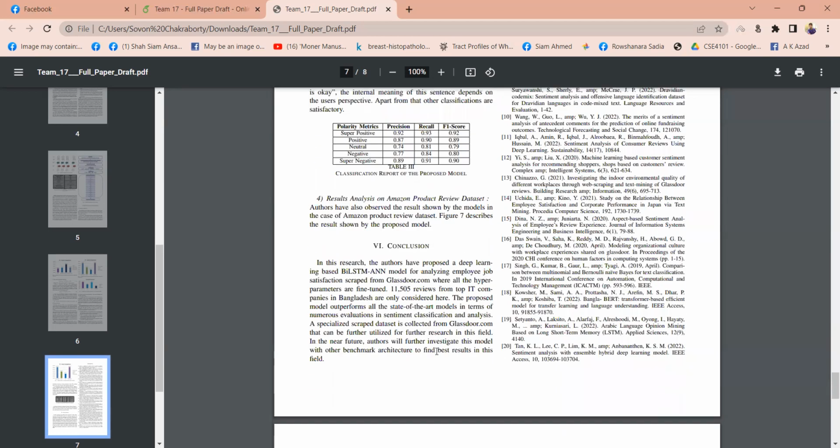And finally, we believe we have gathered a good amount of data for reviewing and feeding into the deep learning models. In future, we will propose another model or work with this model to fine-tune hyperparameters for achieving more accuracy, observe the results, and investigate other models to compare with this model.